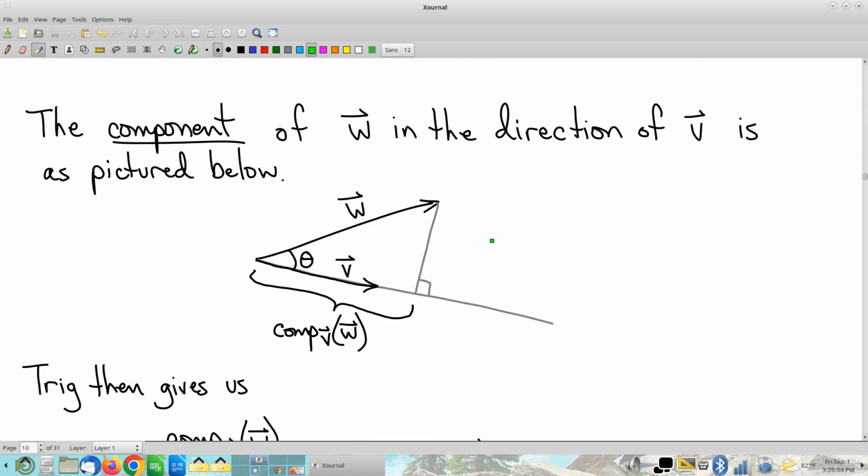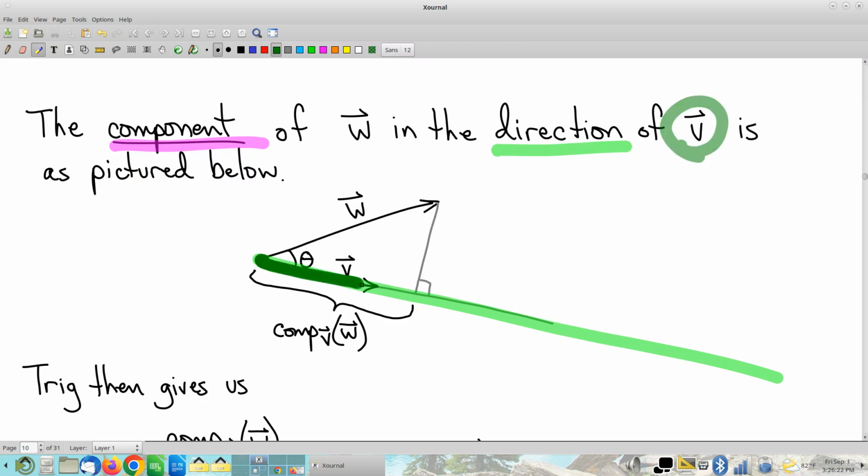Okay, new definition, something called a component. And a component goes like this. If you have some direction that you're interested in, whatever the direction is, very often we'll find ourselves describing a direction by way of some vector. So I'm going to suppose I have this vector v here, and so given that I have this vector defining this direction,